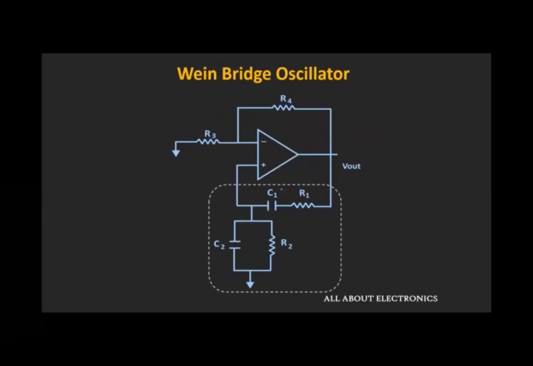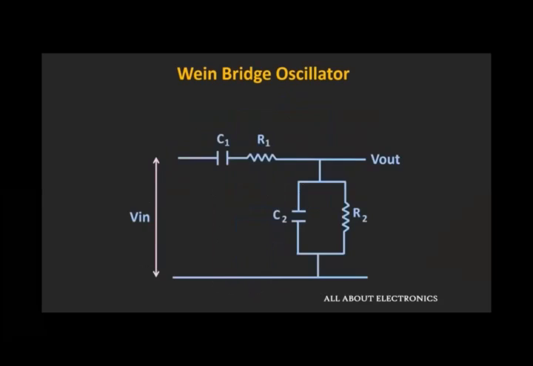So here the op-amp is used in the non-inverting configuration and the positive feedback is provided to this op-amp through this RC feedback circuit. So now if you see this RC circuit, it consists of a two RC network. The one is the series RC network and the other one is the parallel RC network. So here this series RC circuit acts like a high pass filter, while this parallel RC circuit acts like a low pass filter. So at low frequencies, this capacitor acts like a open circuit, so it does not pass the